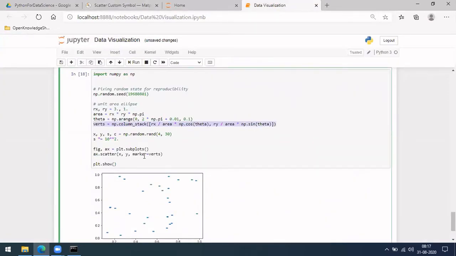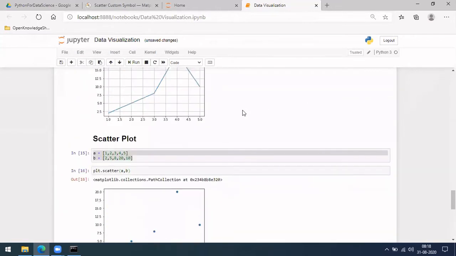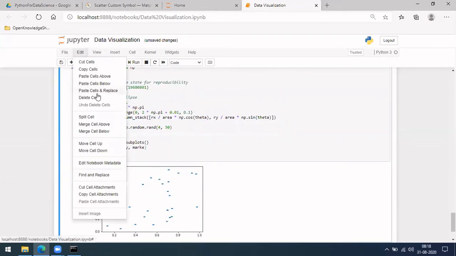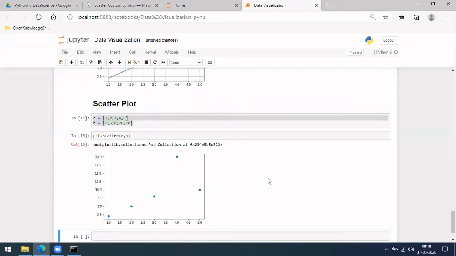So what is this color? Let me talk about this color. Color is what you can give in case you want to plot three different plots in a single one. You can differentiate them using color. Okay, let me do that in the next example. Let me skip this. I'm deleting this part. Okay, multi-line plot. Let's go there, and then we'll discuss color.